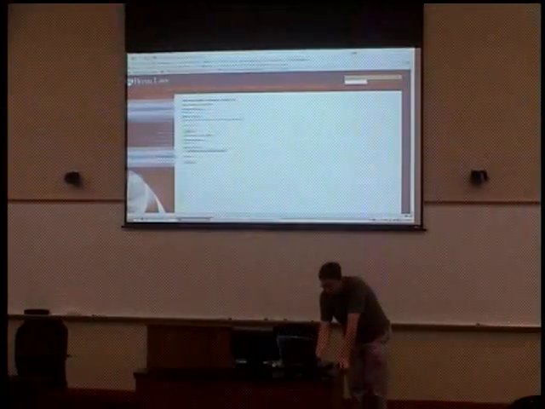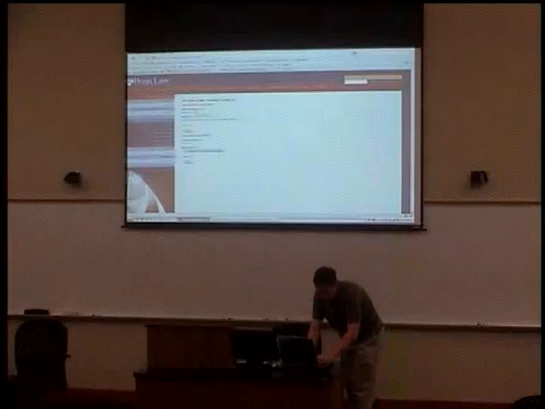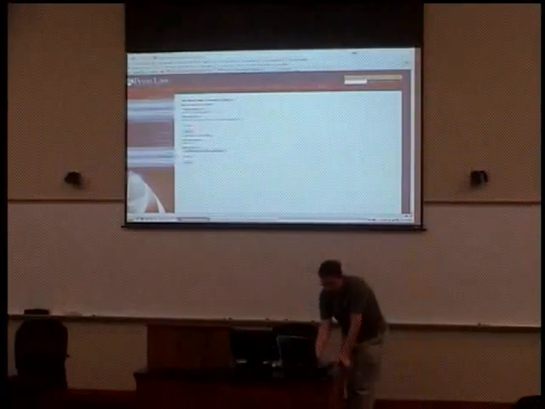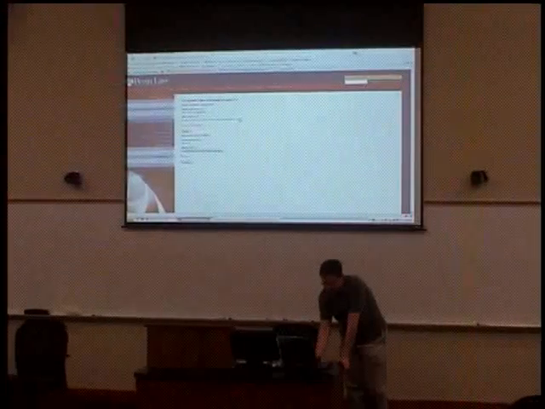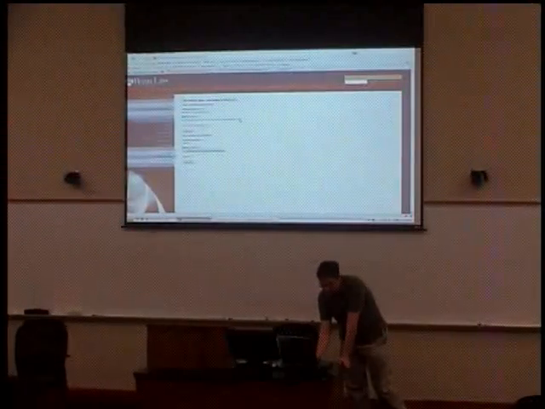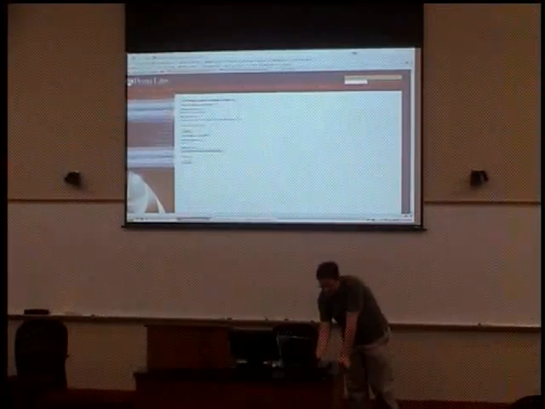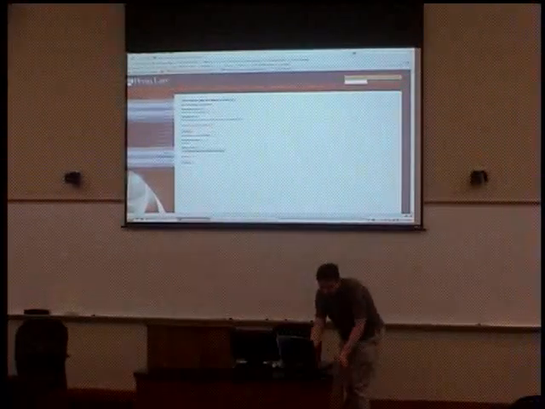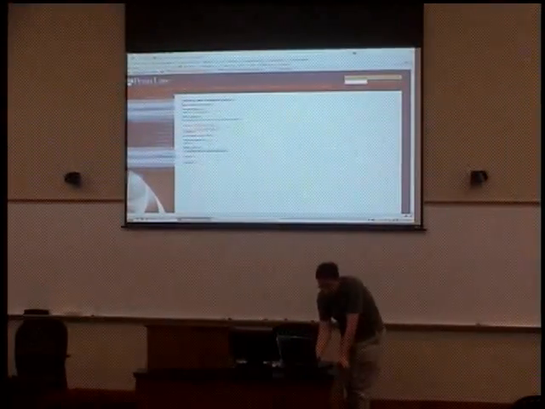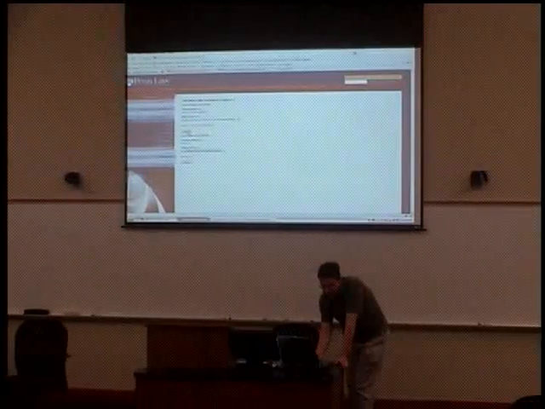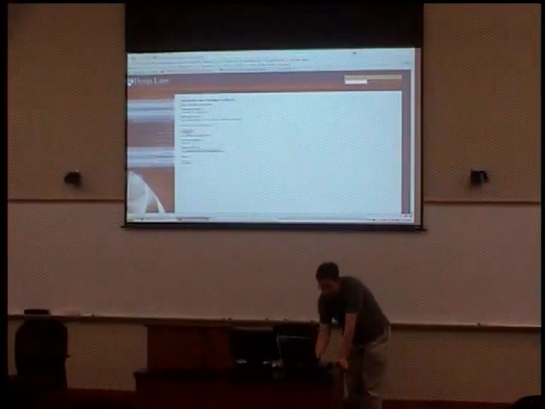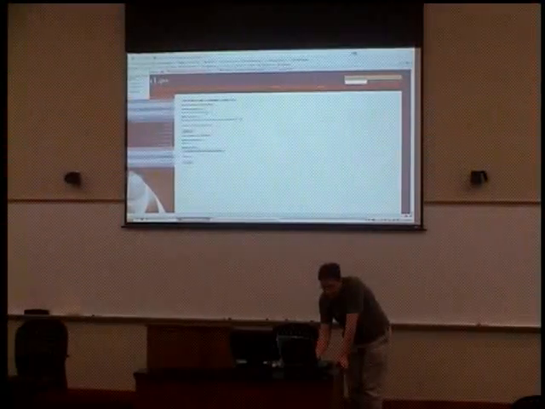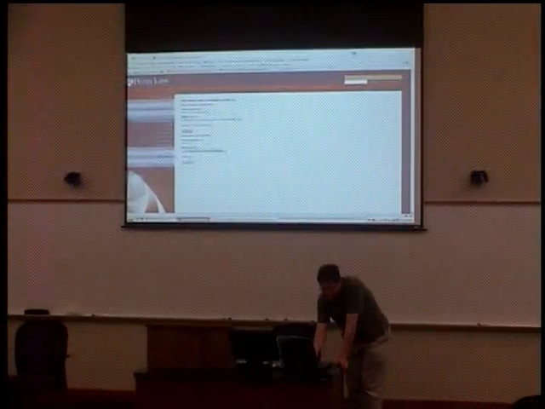So here we have a form. I'm going to go ahead and enter some data. I have this little checkbox that says my billing address is the same. When I click that, it automatically fills in my billing address. If I change that billing address now, it no longer matches, and it's going to give me a JavaScript validation error. If I disable JavaScript,